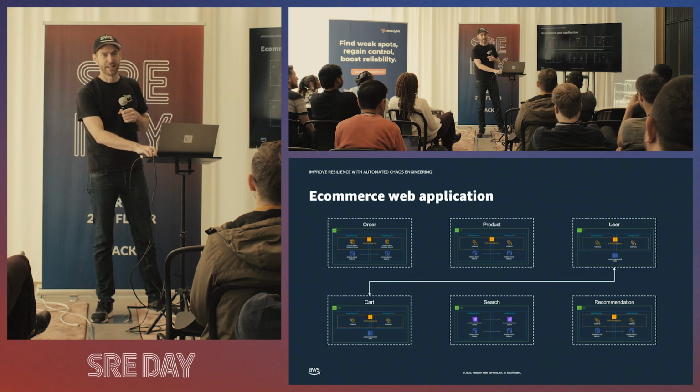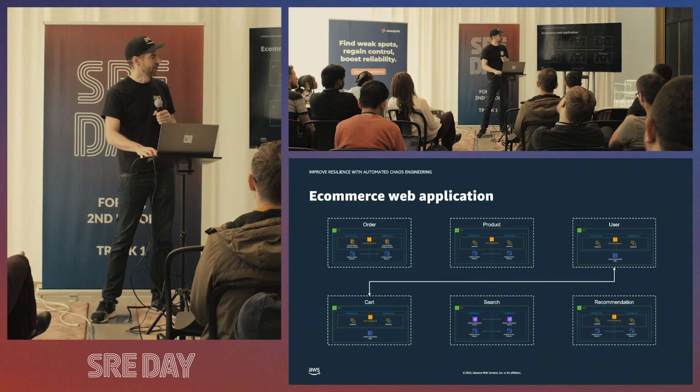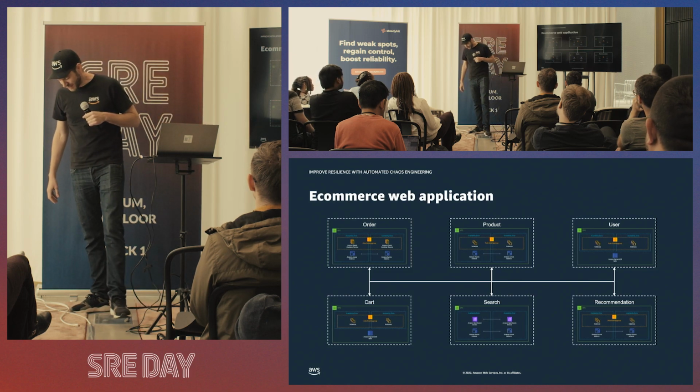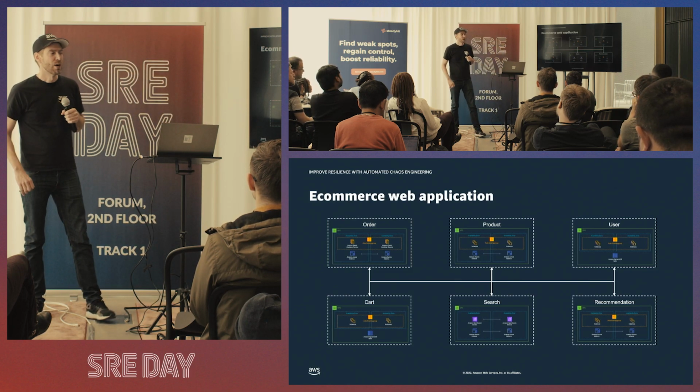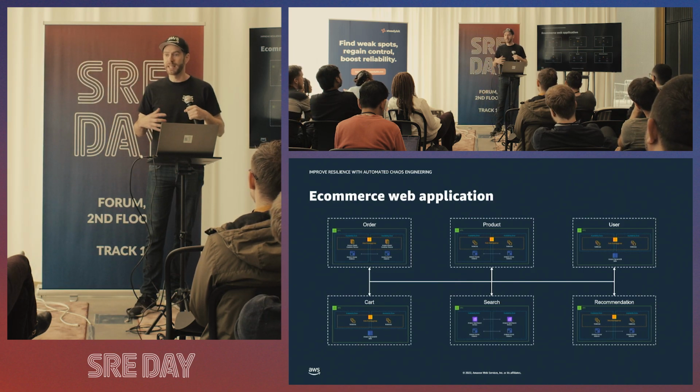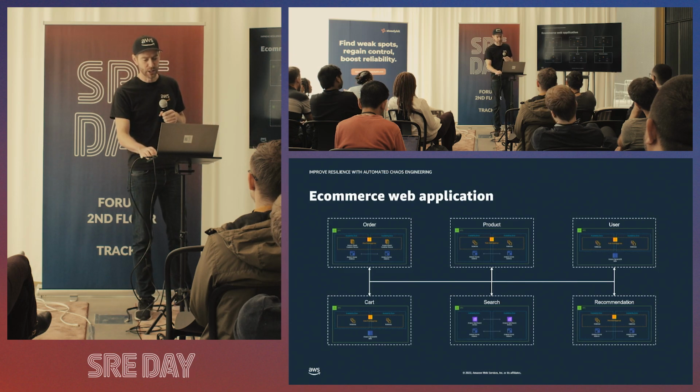So the cart and the user service depend on each other. We have the product service, which needs to work with the cart and the user, and so on and so on. And besides this, 6 services is probably on the low side. We might have 18 services or 24 or 60 services working together to form this e-commerce website.